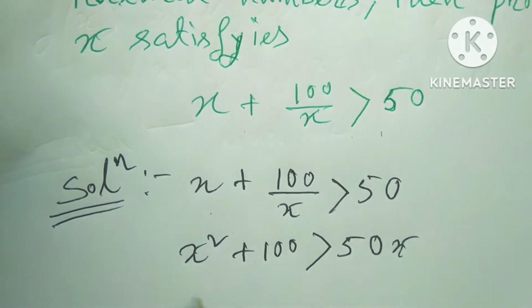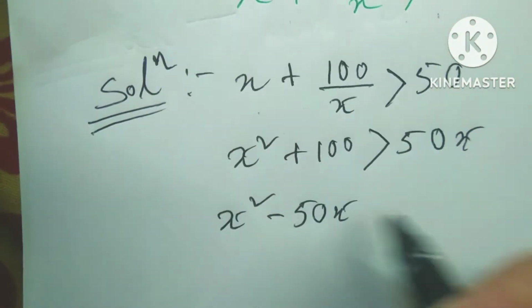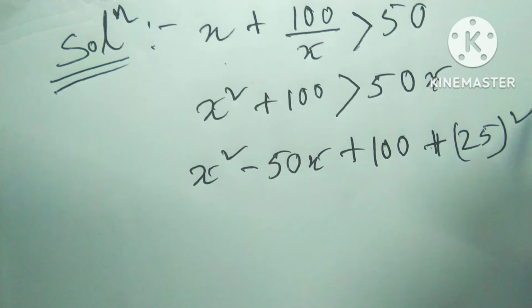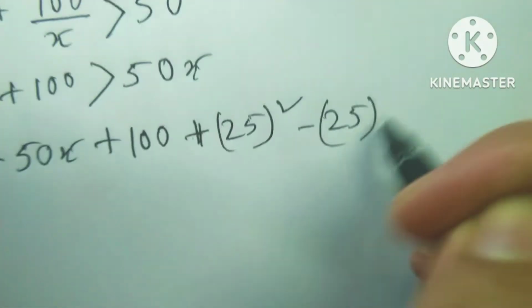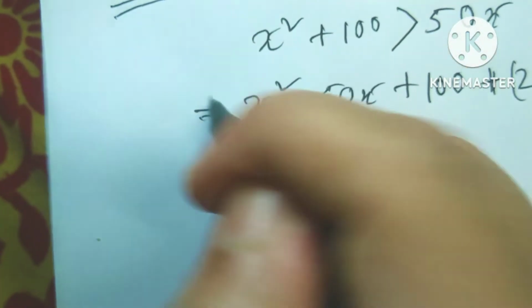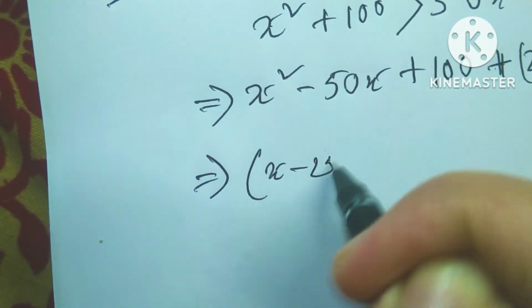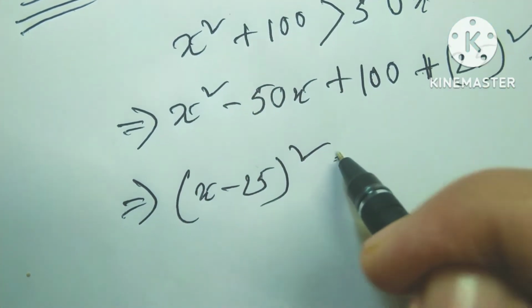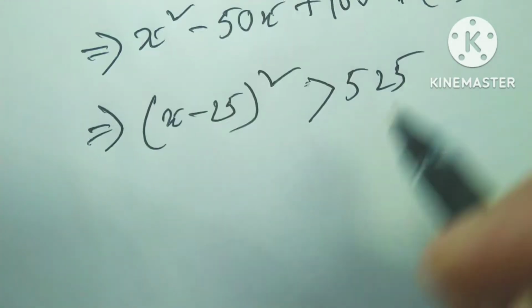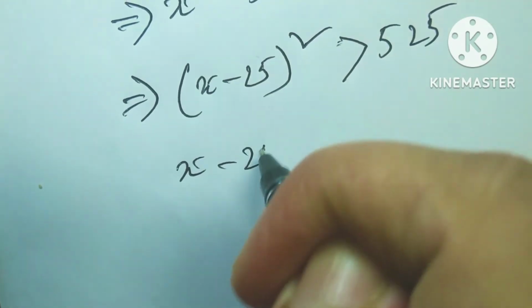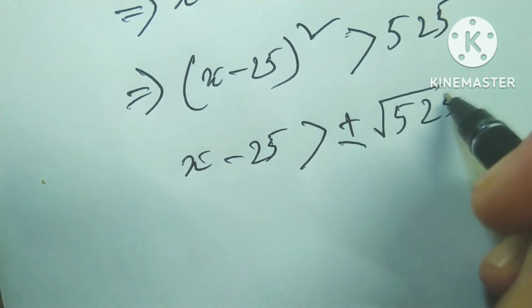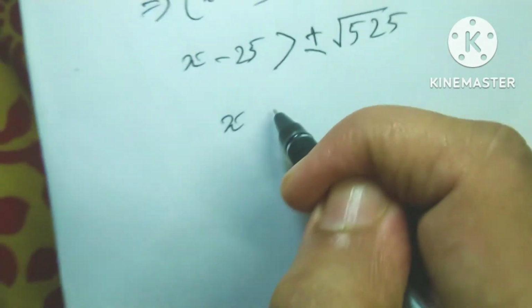50x, and x square minus 50x plus 100 plus 25 whole square minus 25 whole square less than 0, and after that x minus 25 whole square less than 525, and x minus 25 less than plus minus root over 525, and x less than